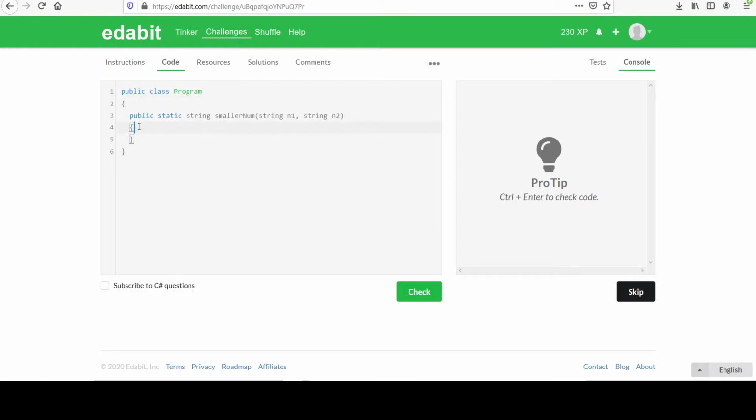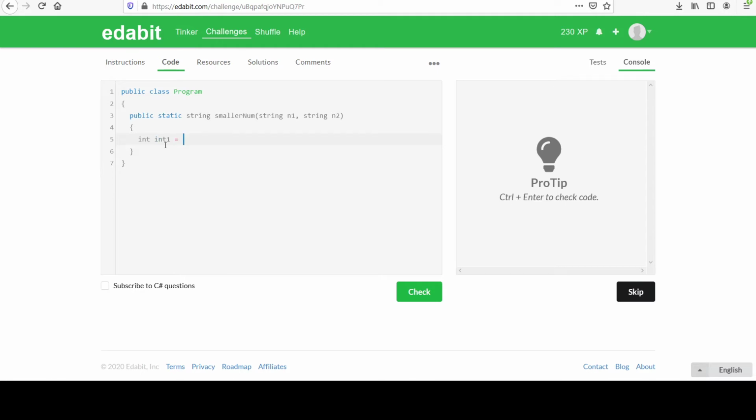So now is your time to pause. You can go for any approach you like to solve this problem. I'm going to start with the conversion to integer method first, then we can use our normal comparison operators to find out which one's lower and then return the corresponding string parameter because they want string form. So to do that, I'm going to say